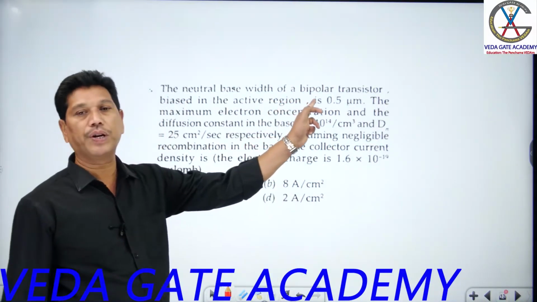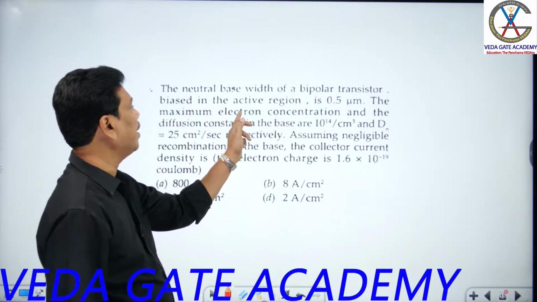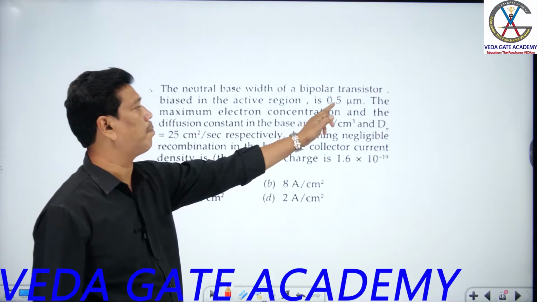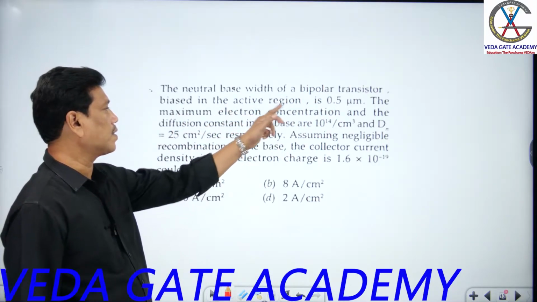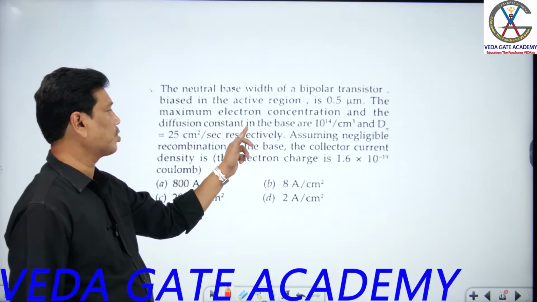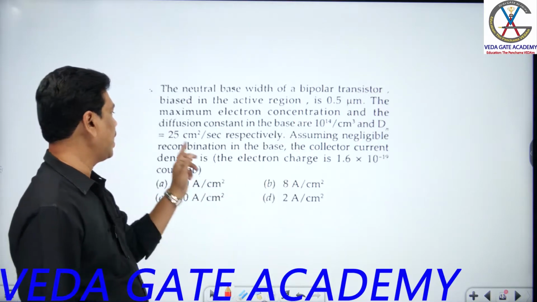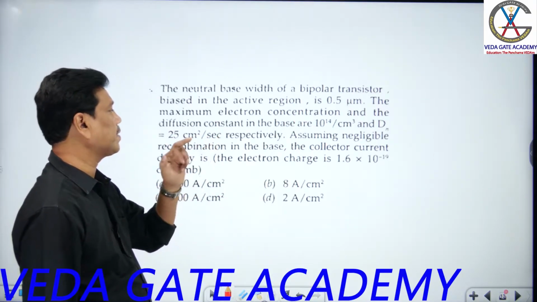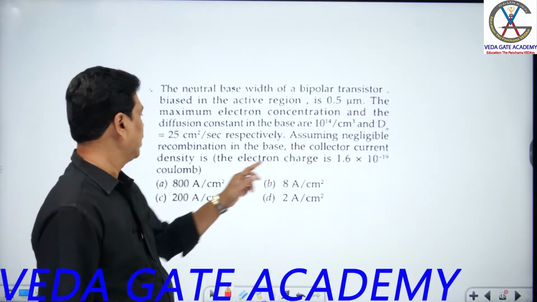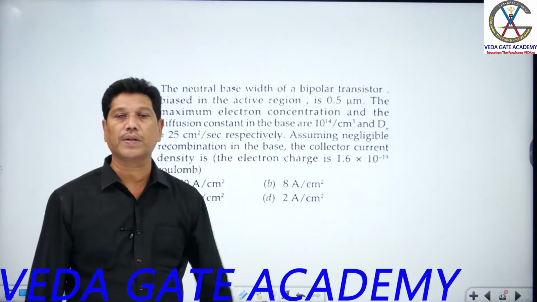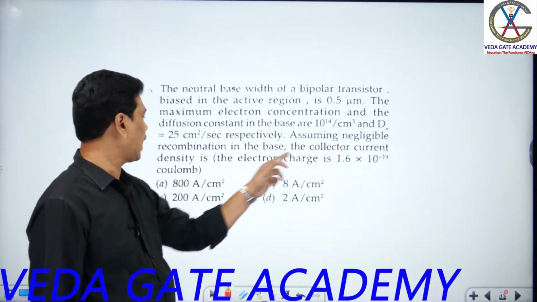The neutral base width of a bipolar transistor biased in active region is 0.5 micrometer. The maximum electron concentration and the diffusion constant in the base are 10 power 14 per centimeter cube and Dn equal to 25 centimeter square per second respectively. Assuming negligible recombination in the base, the collector current